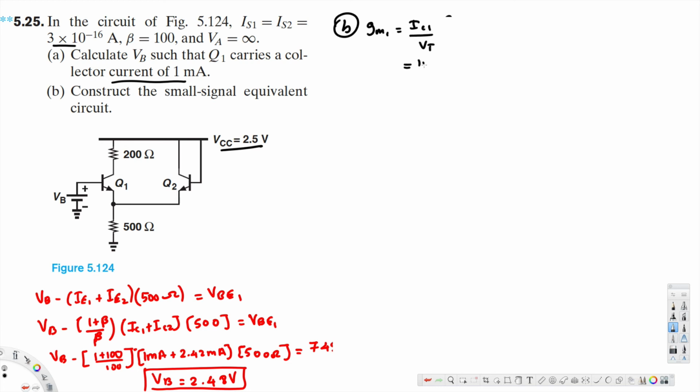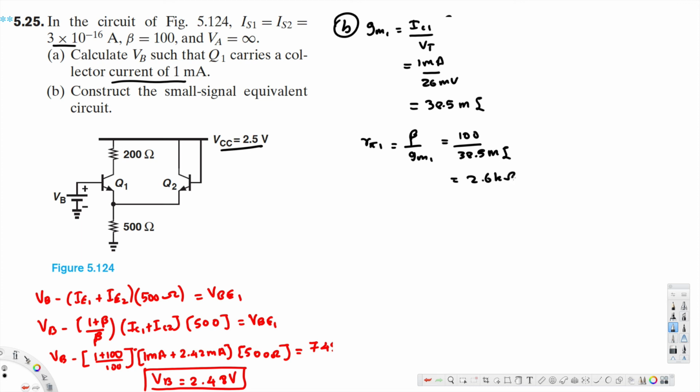IC1 is 1 milliampere divided by VT, the constant value of 26 millivolts, and that gives us 38.5 millisiemens. And r-pi1 can be calculated using the formula beta over GM1, so 100 divided by 38.5 millisiemens,